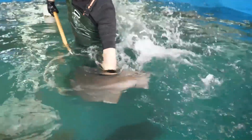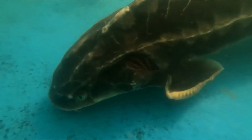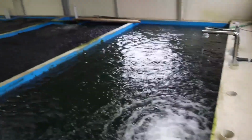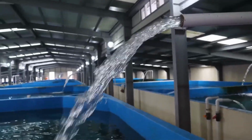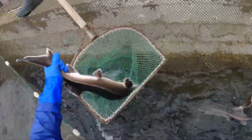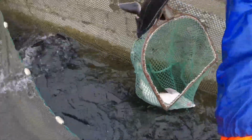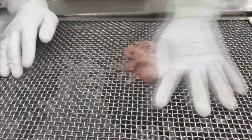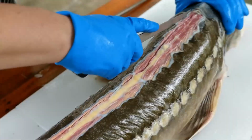Caviar is considered one of the most valuable products in the world, and the process of its extraction is carefully regulated to preserve the sturgeon population and ensure the highest standard of quality. Traditional methods of harvesting sturgeon caviar involve carefully extracting the eggs from the fish and then salting them. This process requires skill and experience to prevent damage to the eggs. It is important to note that it is the quality and level of salting that determines the taste and flavor